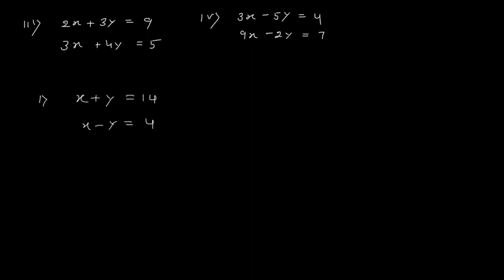So you can name these two equations as equation 1 and equation 2. Now I can say that from equation 1, you can choose any equation, I will rewrite this equation. In place of x plus y equal to 14, I will write x is equal to 14 minus y. So what we have done, we have transposed this y from left to right. Now you have learned in your previous classes how to transpose, you know very well. So from equation 1, x is equal to 14 minus y.